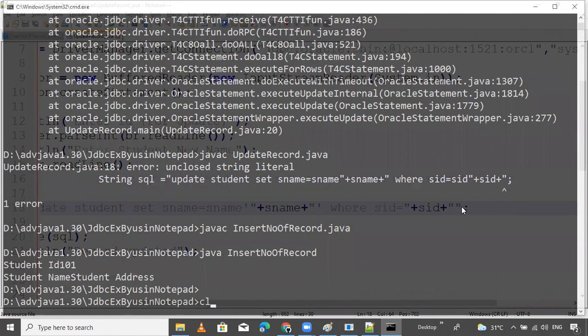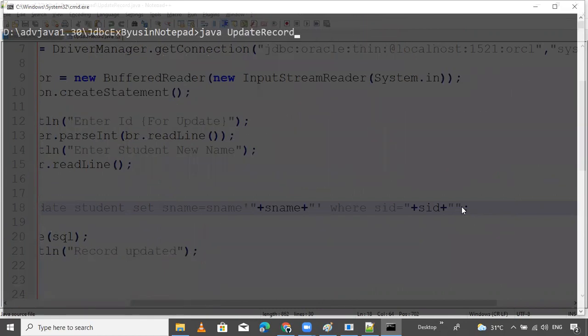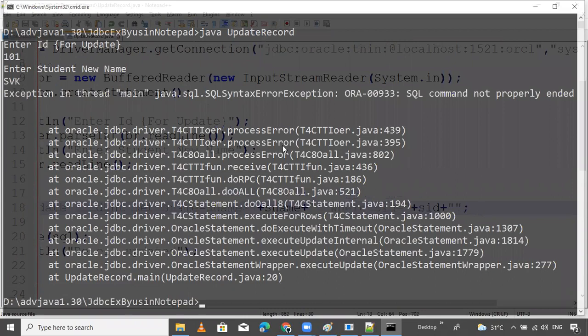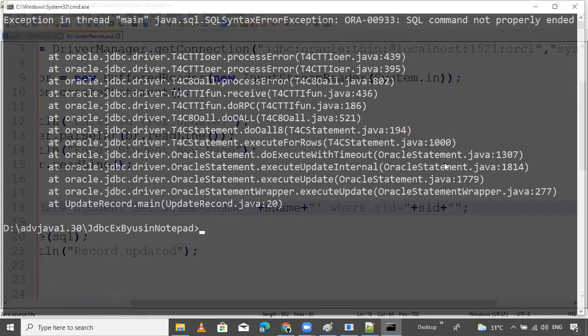Okay, CLS, which program do I want to run? Update. Enter ID one, enter student name. Again, what is that? SQL command not properly ended.